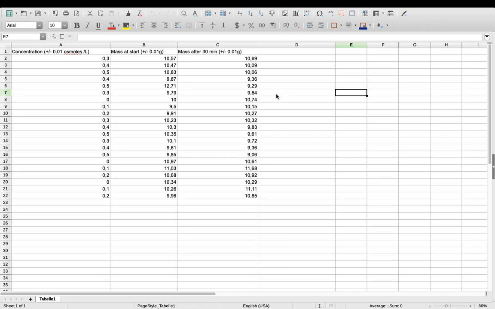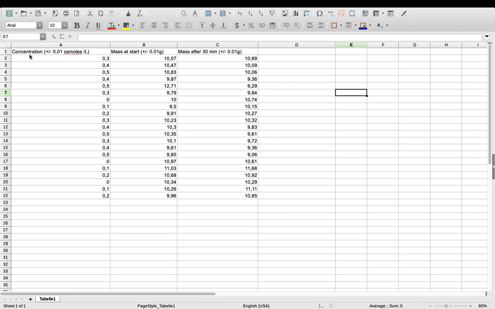Okay, so this is the data from our osmolarity lab where we put potato tissue in different concentrations of salt solution, and we want to find out the osmolarity of the potato tissue. So the first thing I need to do is make sure that the headings of my table